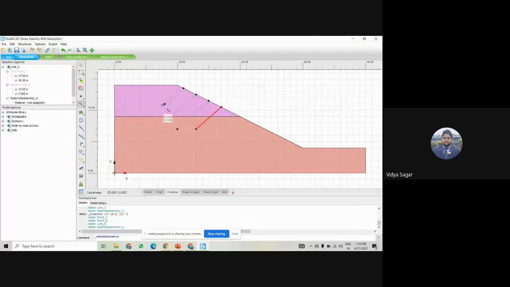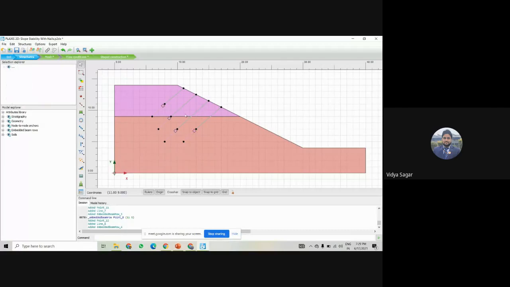Embedded beam row, and I am taking only these two boxes for the grouting. I'm assuming that this nail starts from here to here, and at the last this line I have grouted, okay? Then right click from here to here. So now I have created 4 nails here and then grouted them, okay?